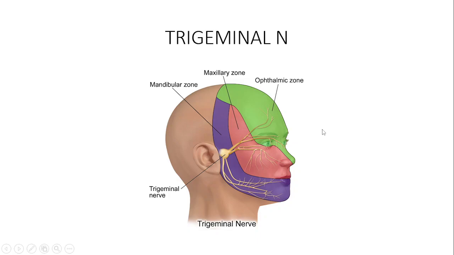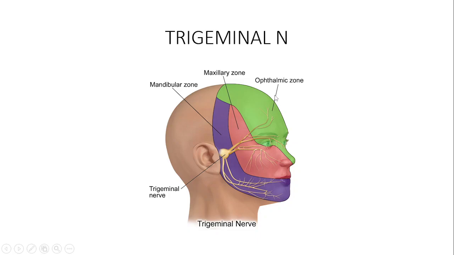So when we look at it critically, we're going to talk about the areas where the trigeminal or the fifth cranial nerve innervates, so that when it becomes diseased, or when there's a palsy, or when it becomes affected, then you realize that those areas will also be affected. Alright, so let's talk about the ophthalmic